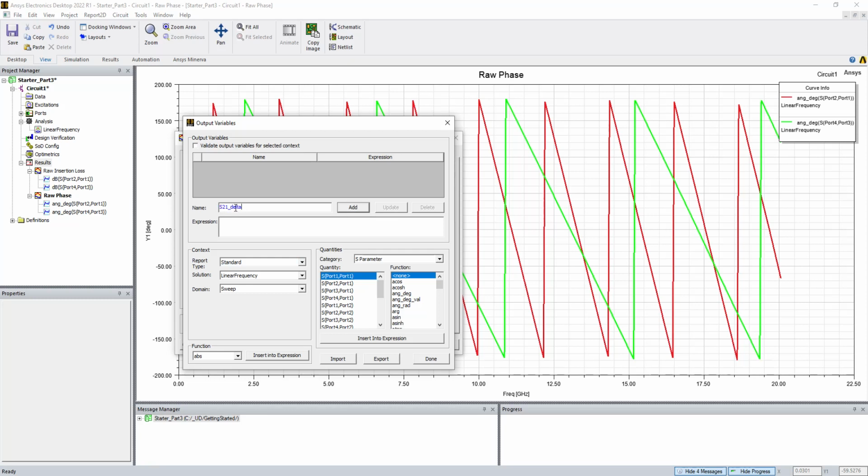Did I spell that right? Okay. So that's going to be a variable name, and I'm going to say that this one is going to be S21. I double clicked here and it showed up in the expression. This is the vector S21 S parameter. I'm going to hit divided by and go S43